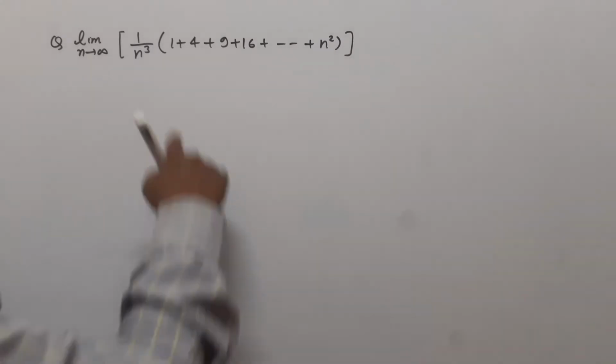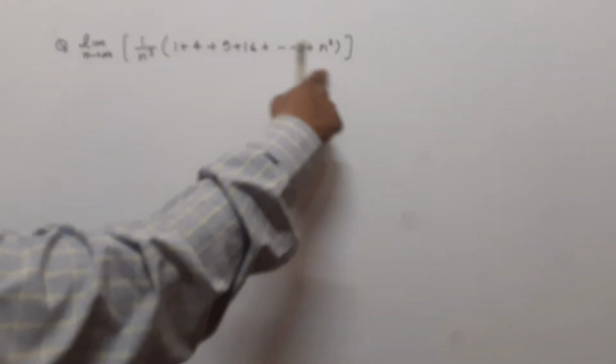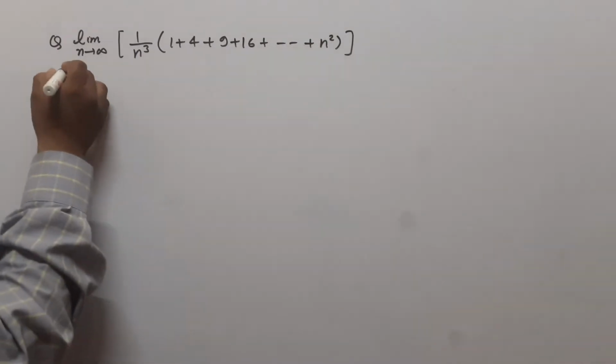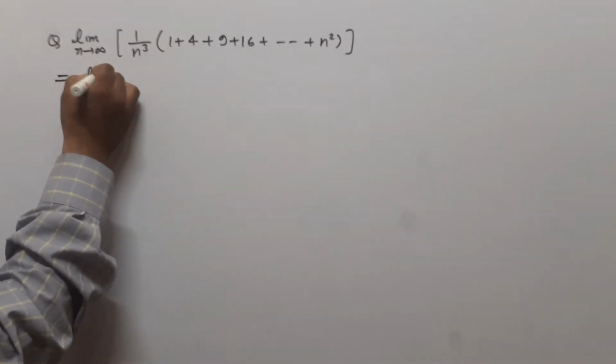Students, in this question we have to evaluate the limit of 1 upon n cube times (1 plus 4 plus 9 plus 16 and so on plus n square) when n tends to infinity. So first we write here the general term, that is the rth term of this sequence. So this can be written as